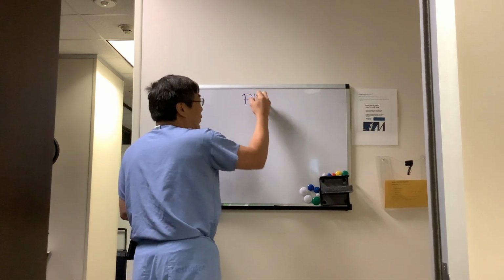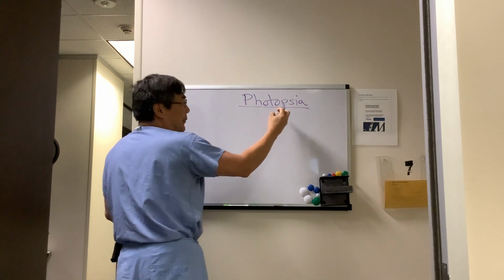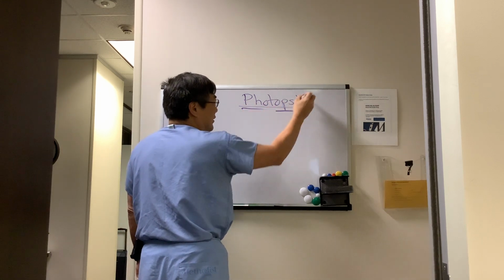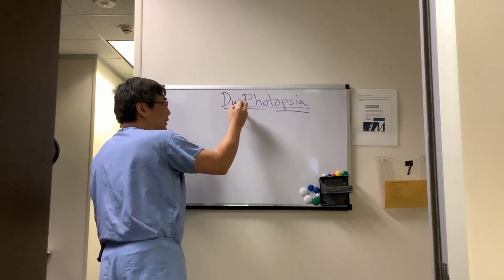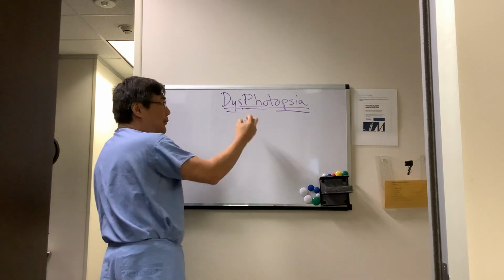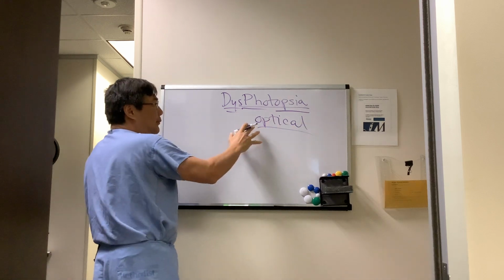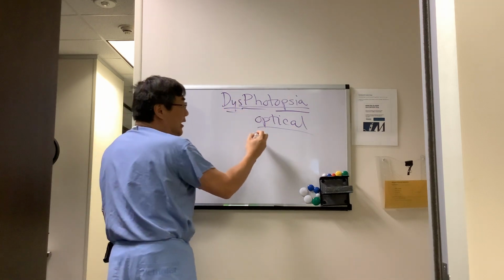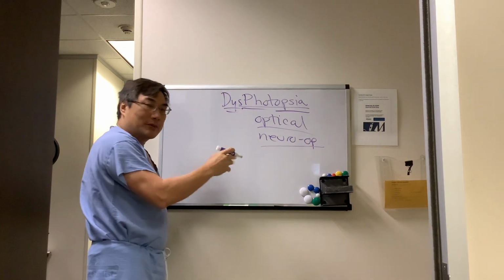So somebody wanted to know about dysphotopsia. You're probably familiar with photopsia, which is opsia C, photo means light. And so dysphotopsia means there's an abnormality in the light in an optical setting. What that means for us is that optical dysphotopsias can come to neuro-ophthalmology and mimic neuro-ophthalmic problems because the patient